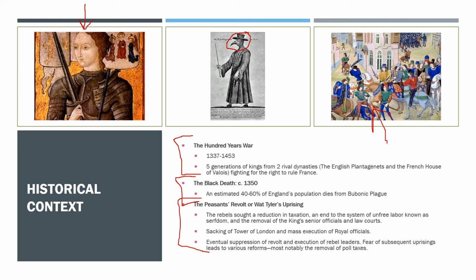So the Peasants' Revolt, kind of the big thing that happens on the side of the peasants is that they take control of the Tower of London, and they execute a lot of royal officials. Eventually, though, the uprising is put down, but it does lead to a lot of changes in societal structure, such as getting rid of a poll tax, which was used to keep peasants from voting, as well as other reforms in the basic model of society, which, for the most part, they were rather unpaid. So there were a lot of changes during this time.